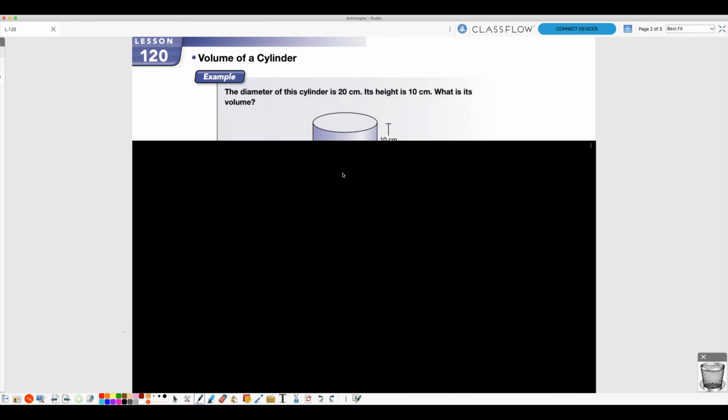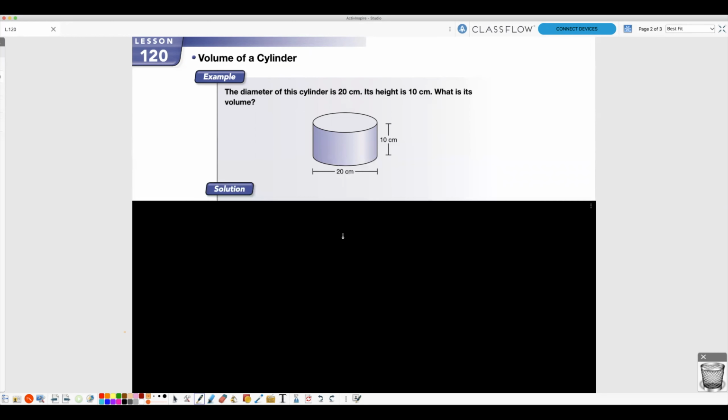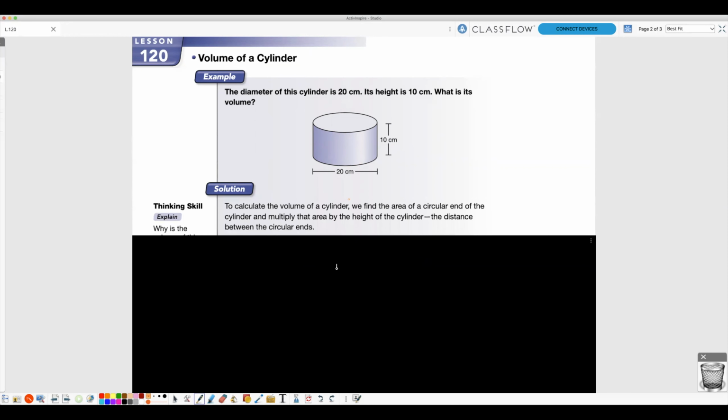So, for example, the diameter of this cylinder is 20 centimeters. Its height is 10 centimeters. What is its volume? So the volume is the amount that is taken up on the inside of that cylinder. To calculate the volume of a cylinder, we find the area of a circular end of the cylinder and multiply that area by the height of the cylinder, the distance between the circular ends,